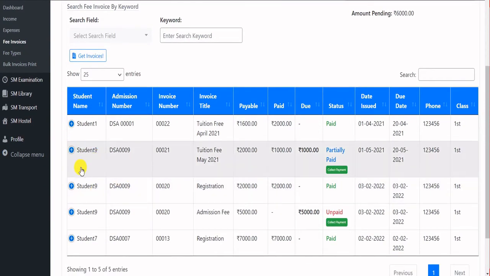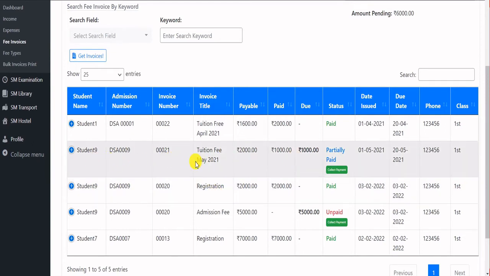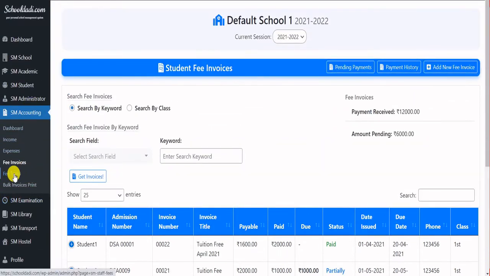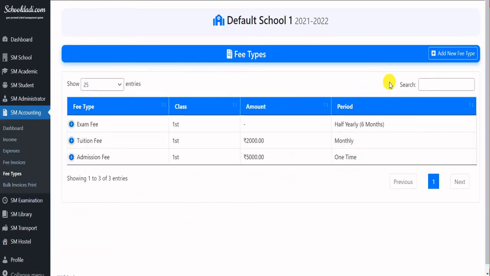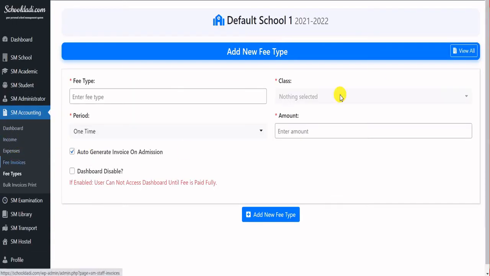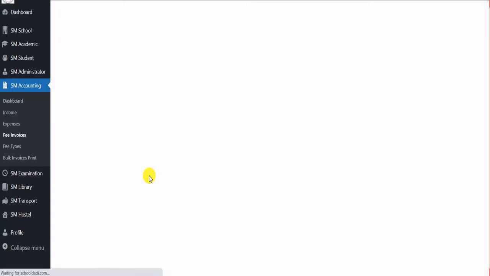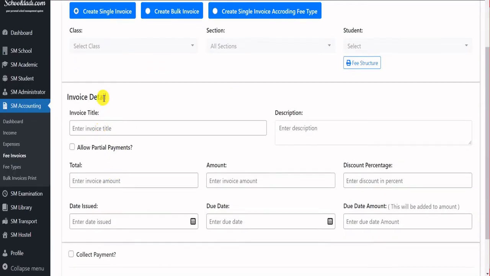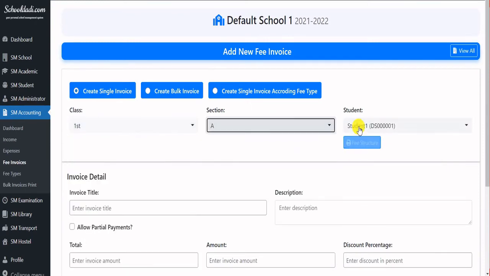Suppose tuition fees, month of June. I'm creating an invoice of student 9. We'll go to fees invoice and we'll click add new fees. Okay, I'm selecting class first, section A, student 9,